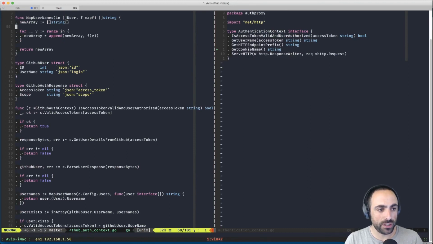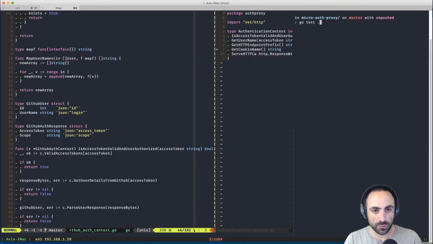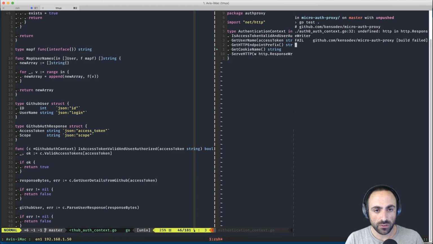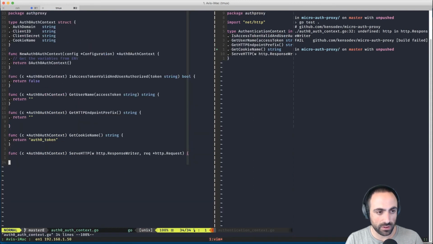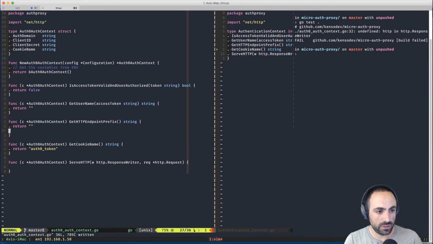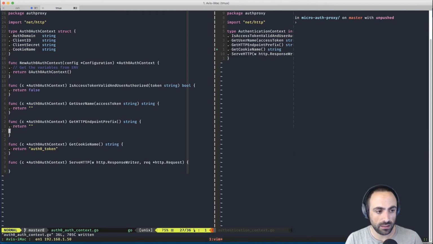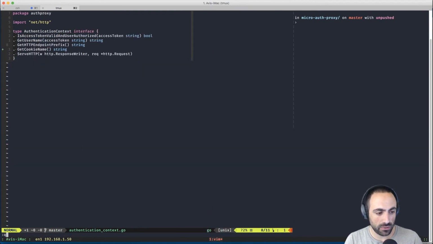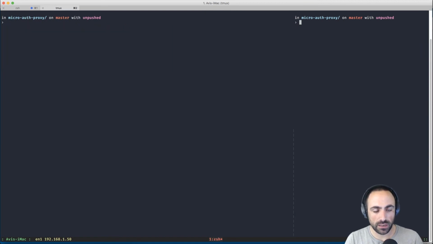So what happens here, and let's go ahead and try to run the project for a second. So let's go test here, and then Auth0 auth context, and go imports. Awesome. Where is net/http even? Okay. So go test. Great. So our tests are passing. Right. So if we go ahead and we build this, so go build.